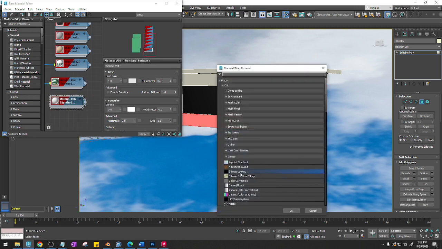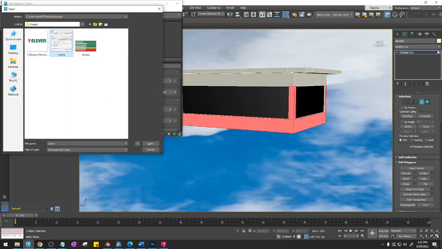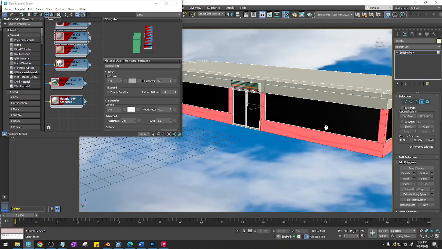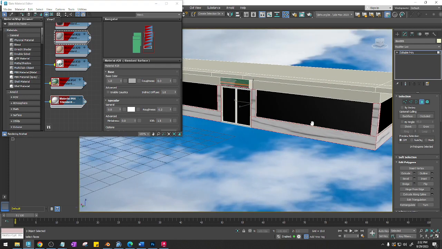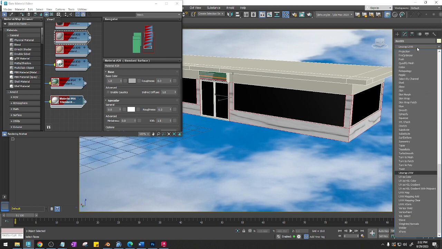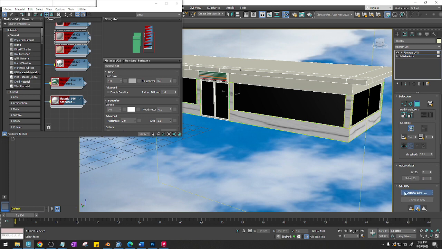I'm going to click here, double click bitmap lookup, and I'm going to click the stone. It looks like it worked for some reason. Now I click over here, and now this is an instance where you're probably going to have to press F2. That looks horrible. So I'm going to click modifier list, press U for unwrap, press enter, click in open UV